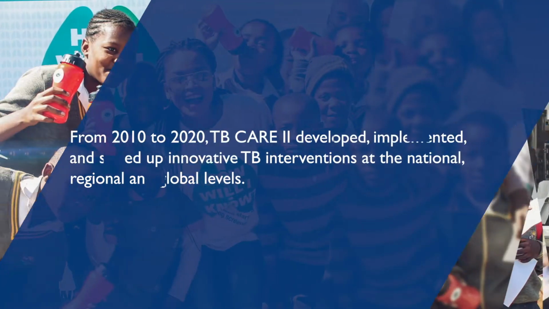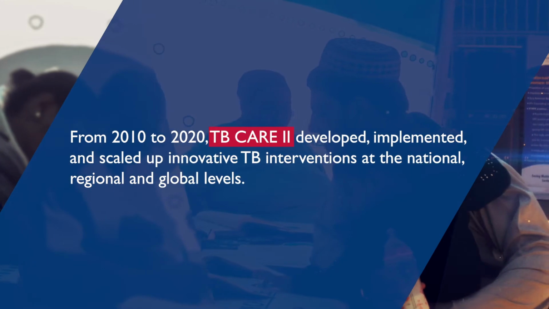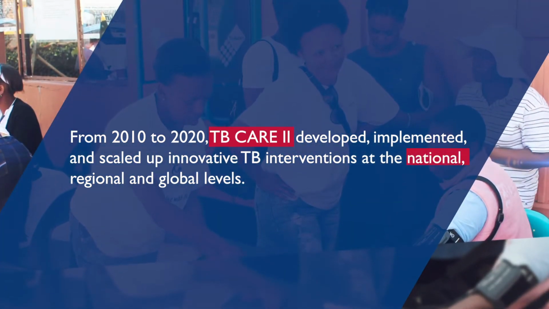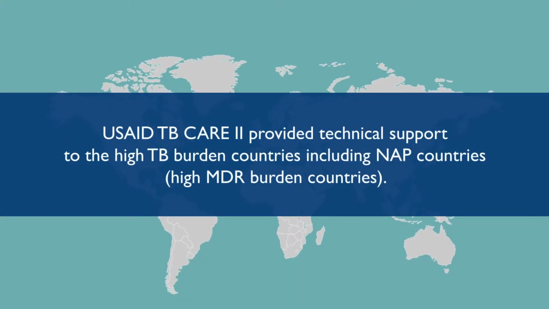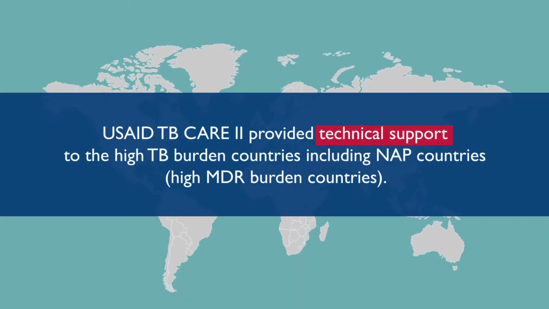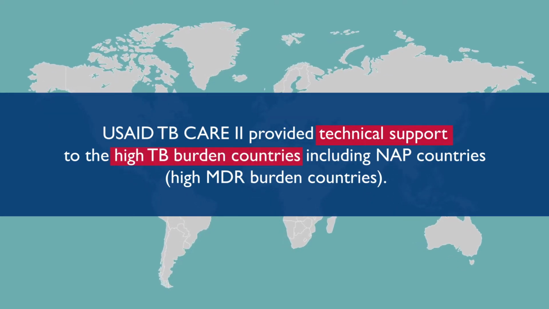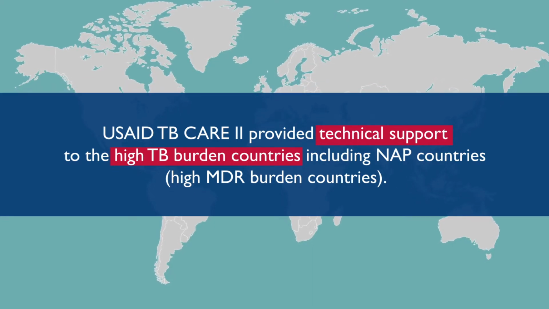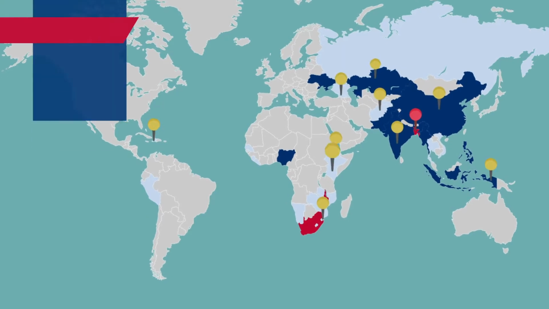From 2010 to 2020, TB CARE II developed, implemented, and scaled up innovative TB interventions at the national, regional, and global levels. USAID TB CARE II provided technical support to the high TB burden countries, including those prioritized under the U.S. National Action Plan for combating multi-drug resistant tuberculosis, implementing in the following countries: